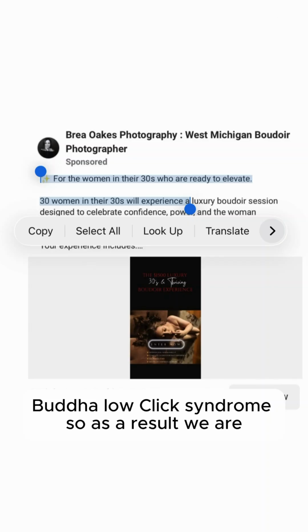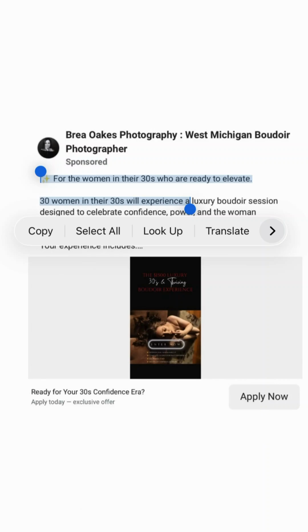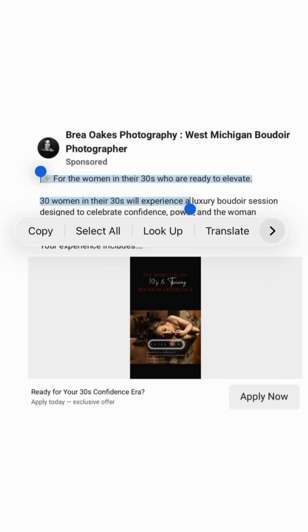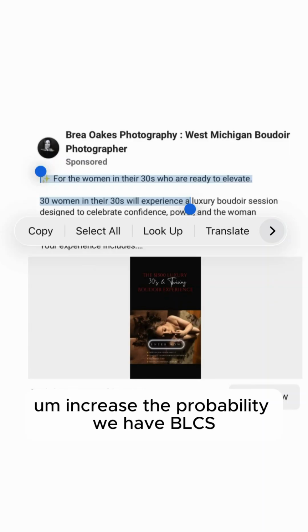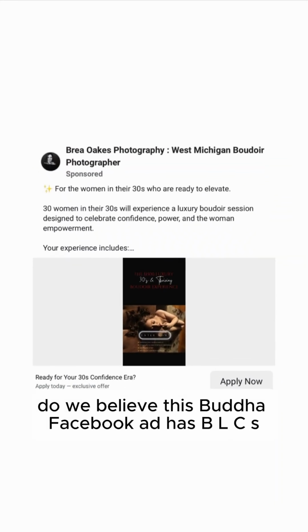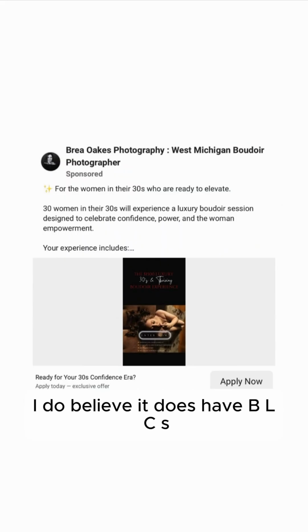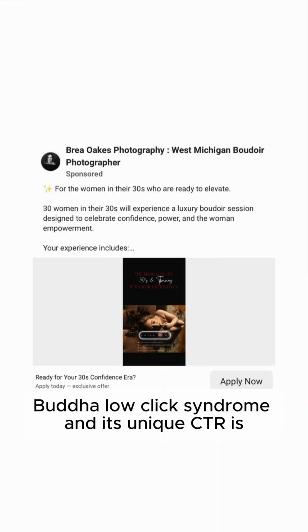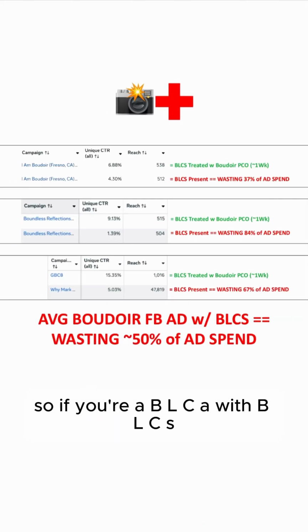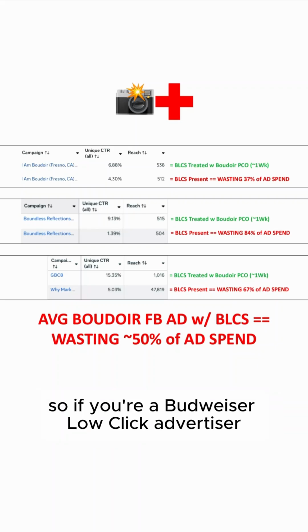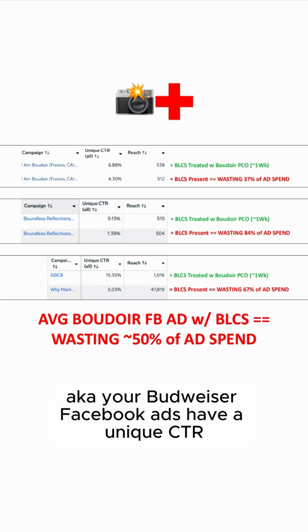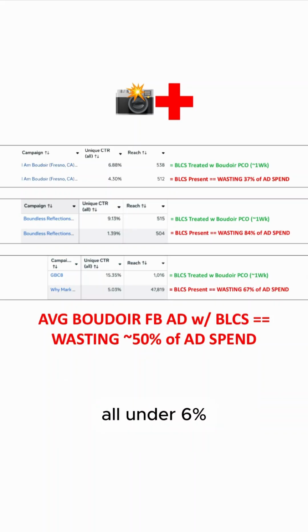So as a result, we increase the probability we have BLCS. So final verdict. Do we believe this Boudoir Facebook ad has BLCS, yes or no? Yes, I do believe it does have BLCS, Boudoir low click syndrome, and its unique CTR is most likely under 6%. So if you're a BLCA with BLCS, so if you're a Boudoir low click advertiser with Boudoir low click syndrome, aka your Boudoir Facebook ads have a unique CTR under 6%,